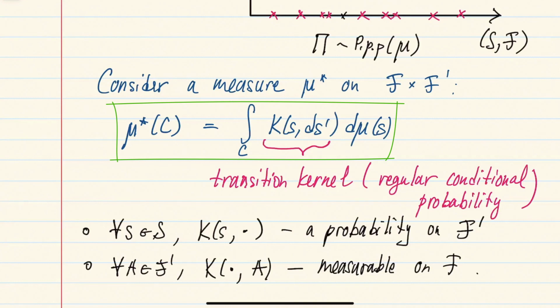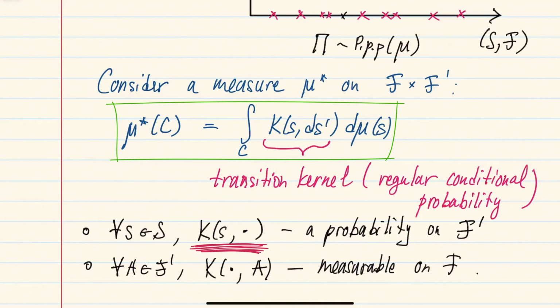So for example, if this K did not depend on S, this would be a definition of a product measure on the product space. But if you consider K which depends on S in this measurable way like here, the usual standard proof of the Fubini theorem shows that this operation, this double integral, defines a measure on the product space. And now given